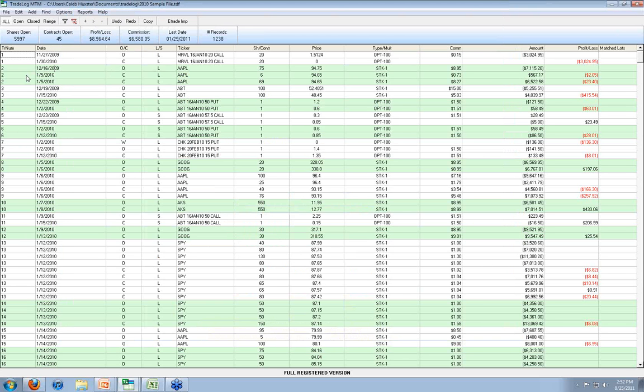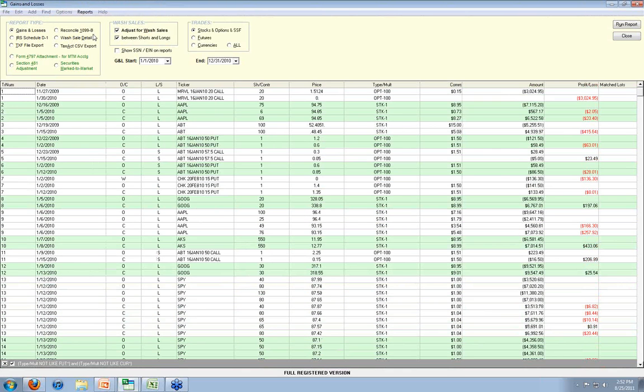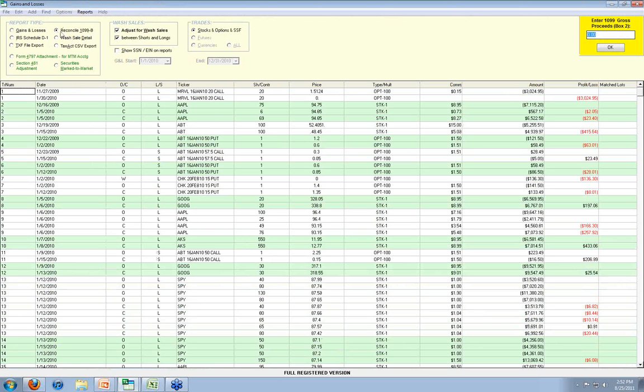So in order to do this, what we need to click on here is Reports, and in the drop-down, Gains and Losses Tax Forms. Now from the Report Type section, we're looking for the Reconcile 1099-B report. You'll notice that as soon as I click that, in the top right-hand corner, a yellow box has popped up. And what this is asking for is the gross proceeds less commissions from Box 2 on our 1099. This is usually going to be in the first or second page. It's going to be towards the total section, and that's going to be telling us what our total proceeds were for the year. So what I would do is put that number in this yellow box here, press OK,